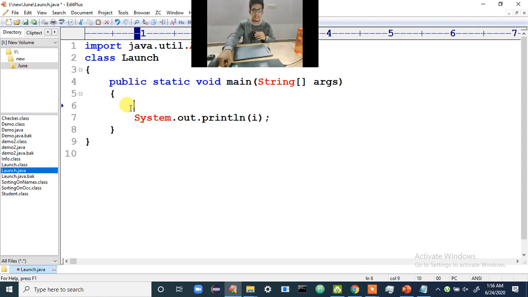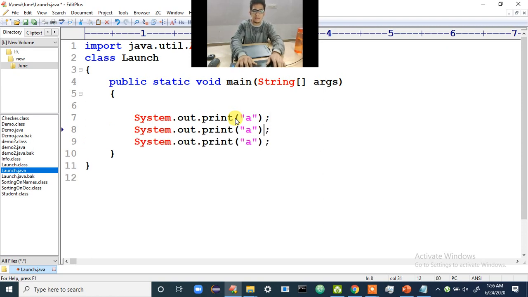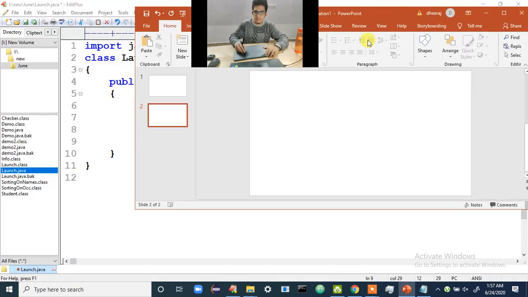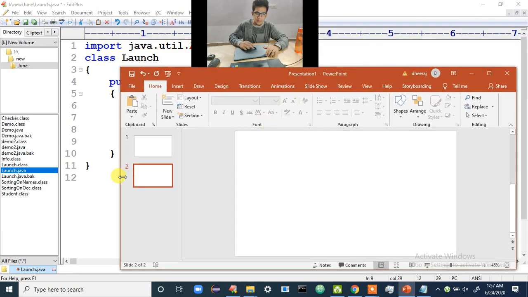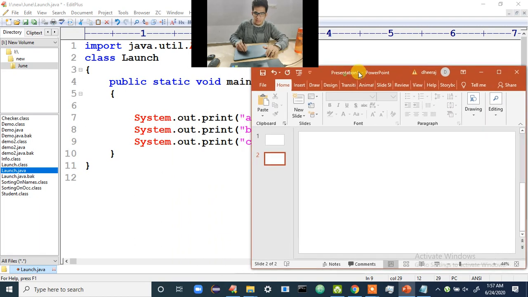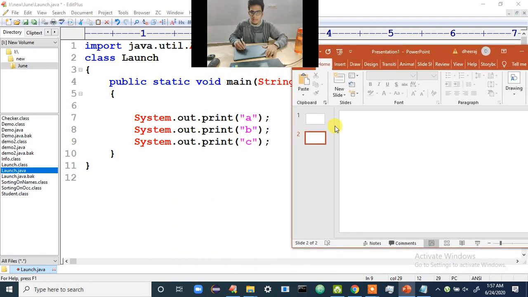I'll be writing three print statements like this: print A, then print B, and print C. Then I'll change them to println and see how this goes. So let me keep it here.